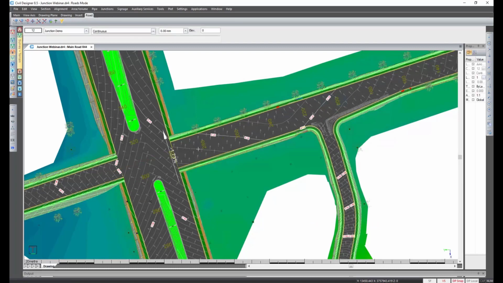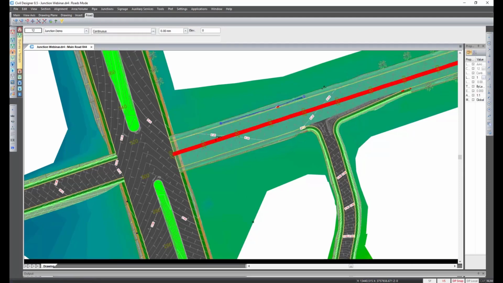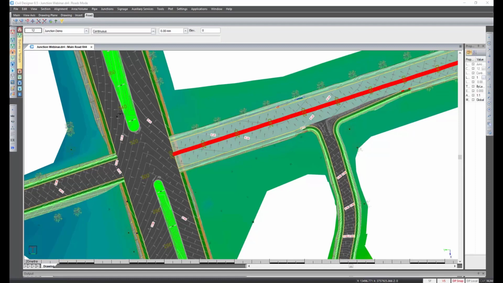To get rid of that grade, I'm going to press Ctrl Z on my keyboard for undo. I'm first going to put in a very quick intersection or junction design, just to show you how quick it's actually done, and then I'll go into more detail a bit later. I'm going to Junctions, Add Junction, click on Intersecting Road, click on Main Road,